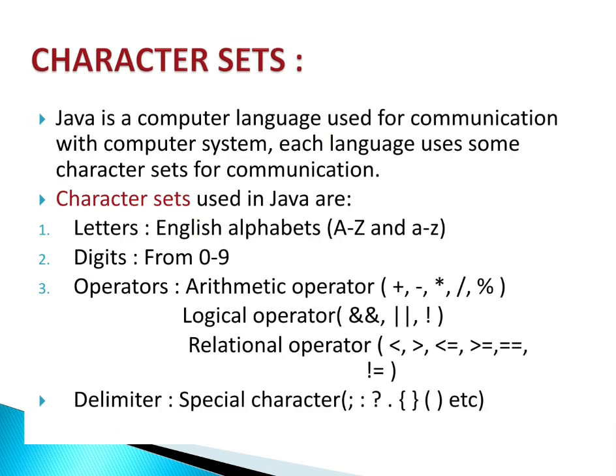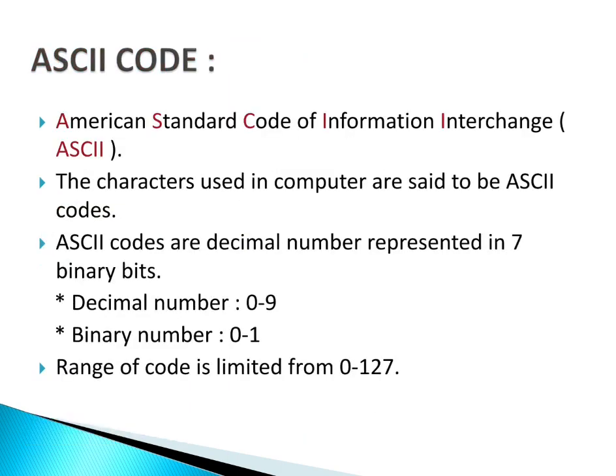And the next one is delimiters. Delimiters we are using in our program for separating few things. For example, semicolon for separating lines, colon, which we are using in our switch cases for separating cases. Then we have question mark also. Question mark we are using in place of if else as a conditional operator. Then we have curly braces, full stop, brackets and all as delimiter to separate one thing from another. We have comma too.